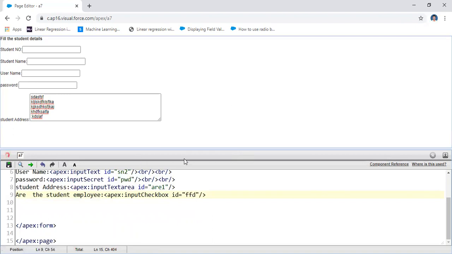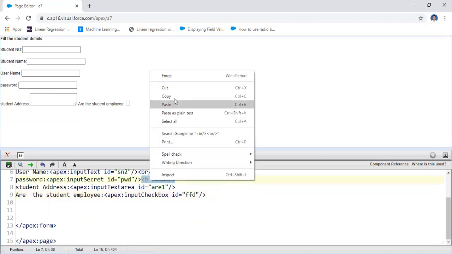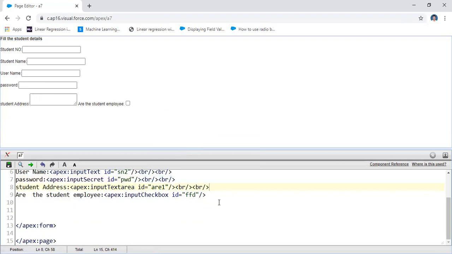Here it shows I like this. The particular id value appears like this. Here I'm using a break here. It's a checkbox. This particular person is an employee or not. If it is an employee, it gives true. If you click here, the output is true.